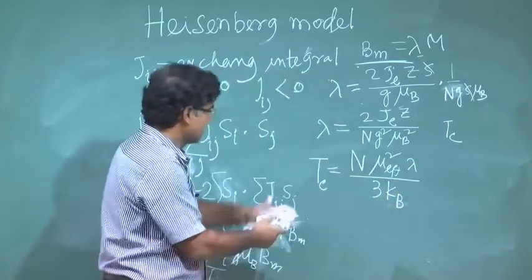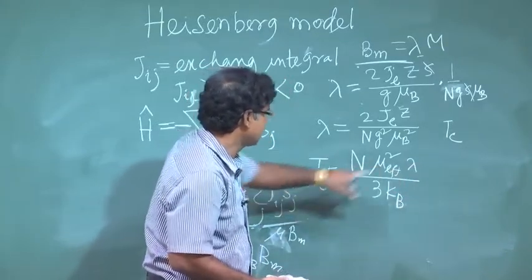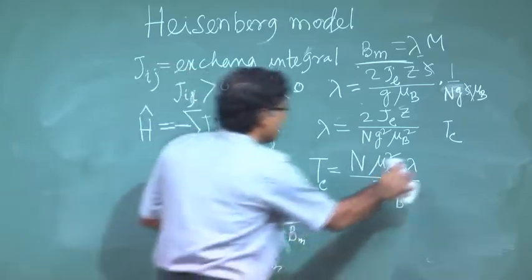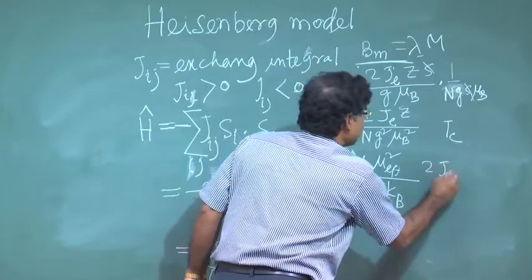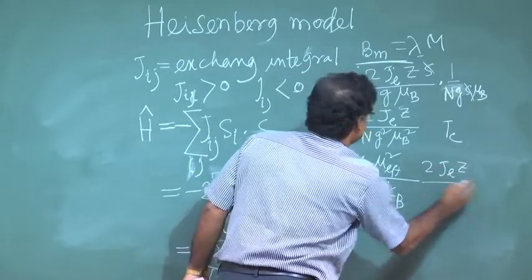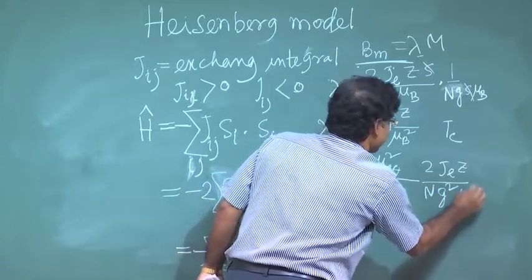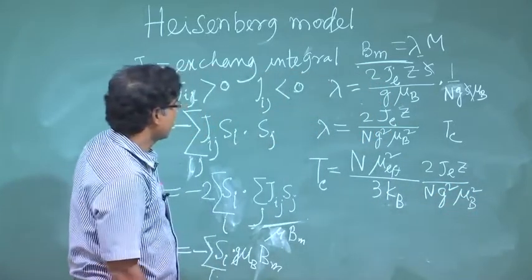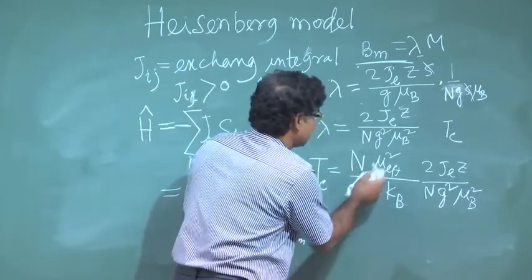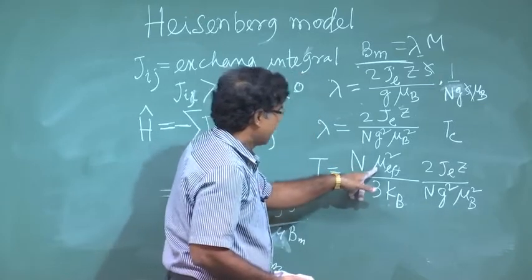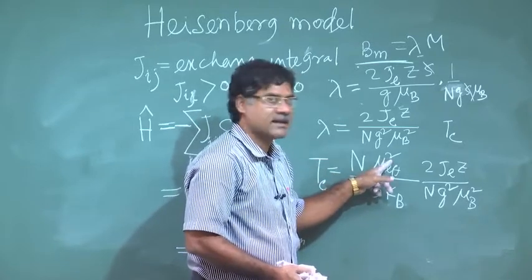Okay. So, C it was the mu 0 and this for Tc it is lambda. Now you put this lambda value from here, that is 2 J E Z by n g square mu B square, and then mu effective, you remember mu effective was J, J plus 1